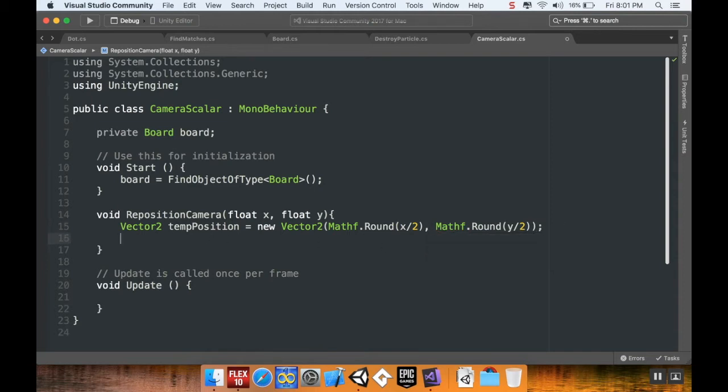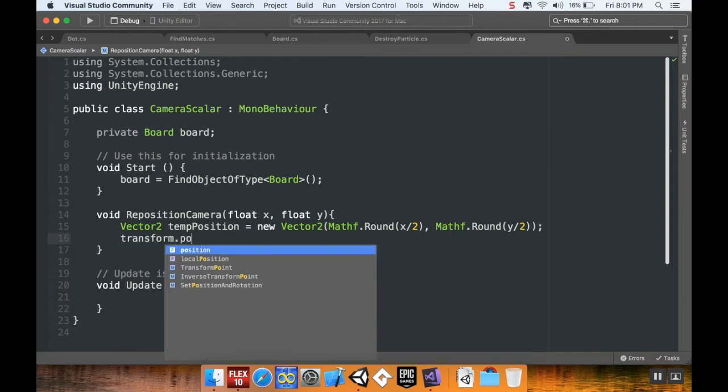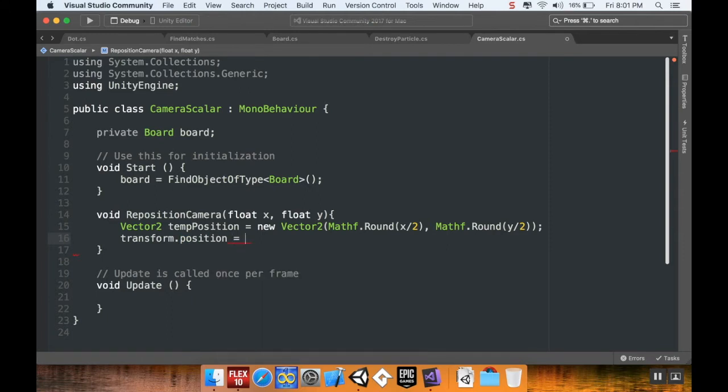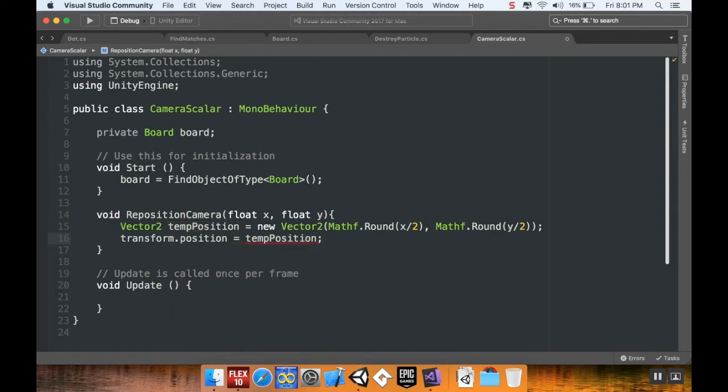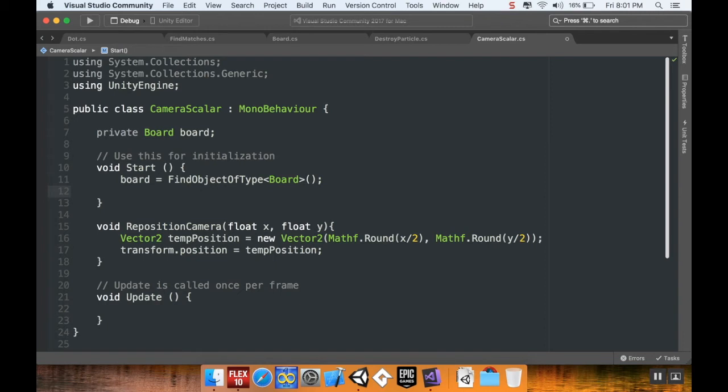Now I want to actually enact the temporary position. So I'm going to say transform.position is equal to tempPosition. So I'm going to move the camera's position there. Now I need to actually call this method, and my method I'm going to say